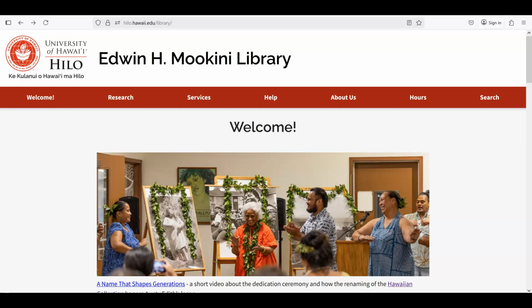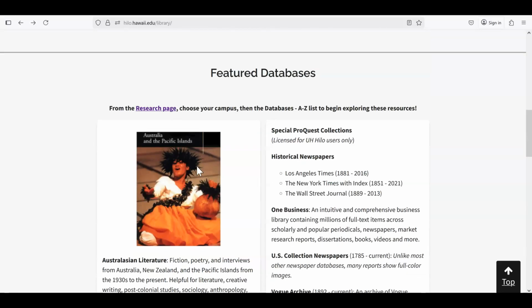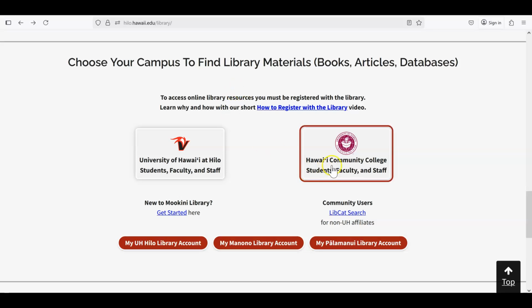In this video, I will describe how to access the online databases for the Moʻokini Library. I'm on the Moʻokini Library homepage, and to get to the homepage, you can just type in Moʻokini Library in whatever search engine or browser you use. I'm going to scroll down from this homepage to the section that says Choose Your Campus, and I'm going to